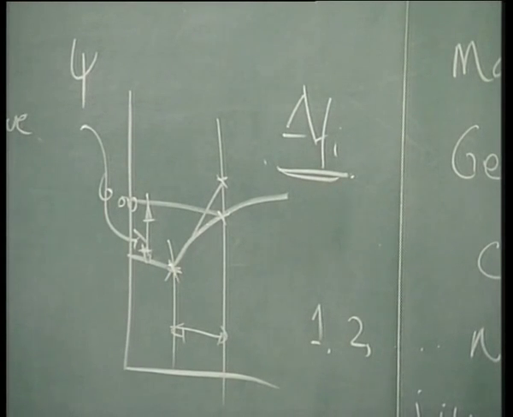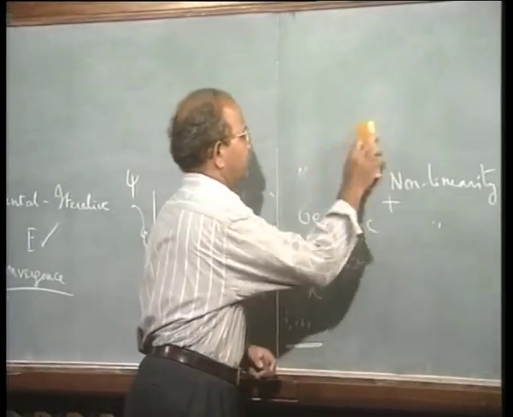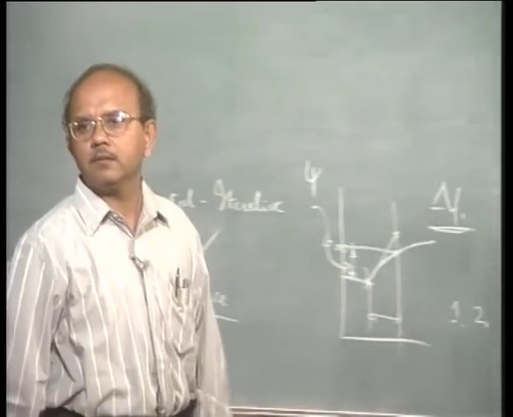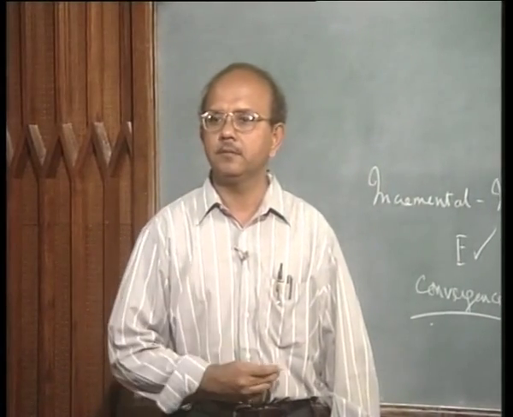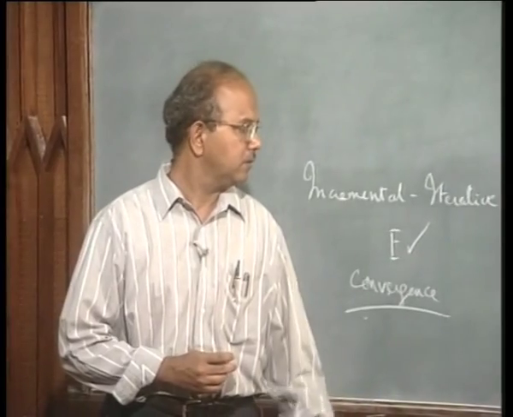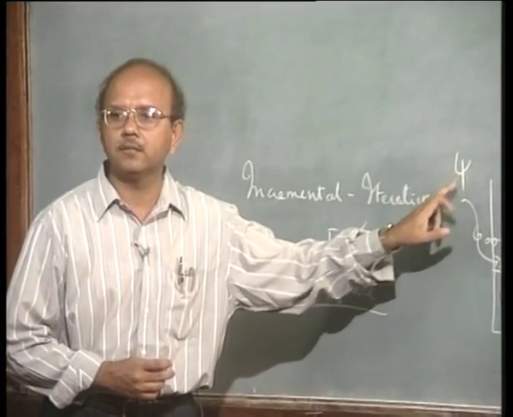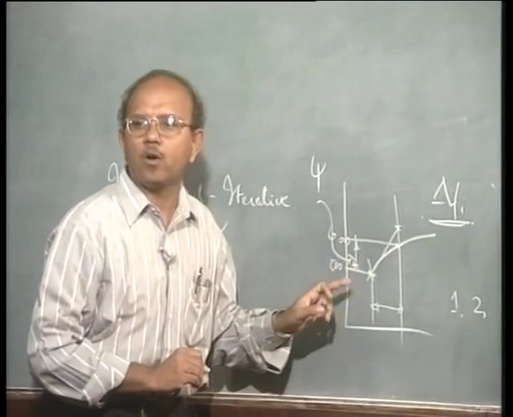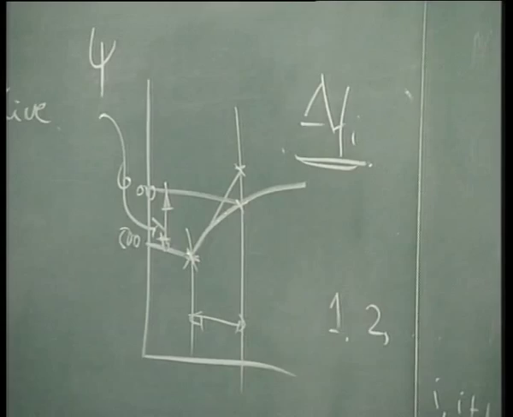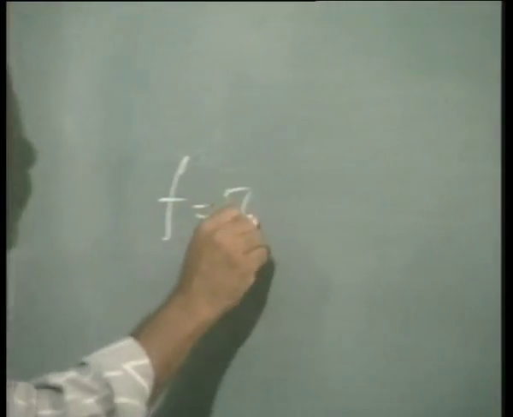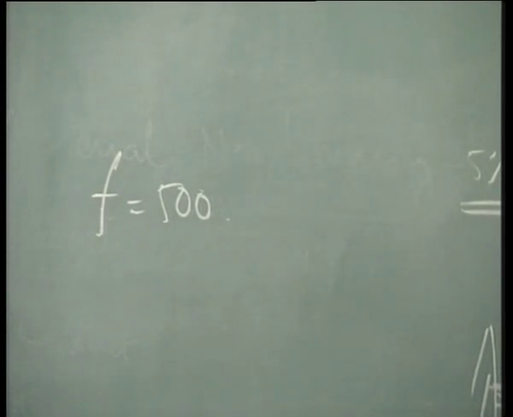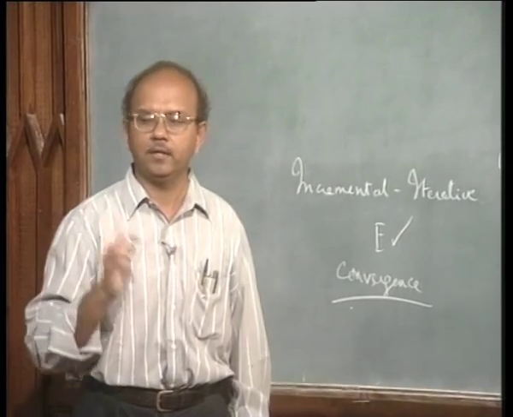Okay, to make this clear, let us look at the error term, how it looks. No, this is the error. I call this... one second. See, we are at 500. At 500, whatever load I applied, let me call this load F. F is equal to 500. Okay, and due to 500, I develop some sigma stress.